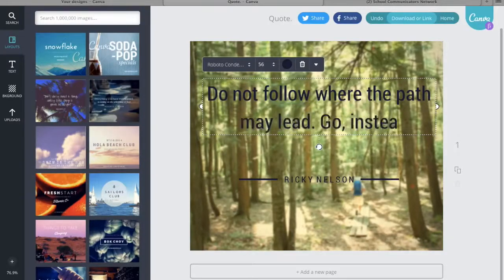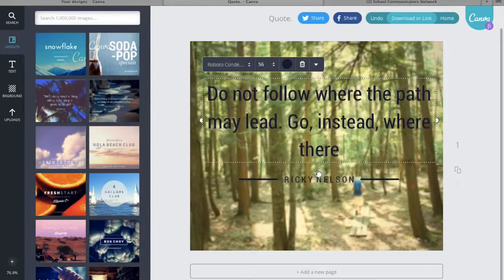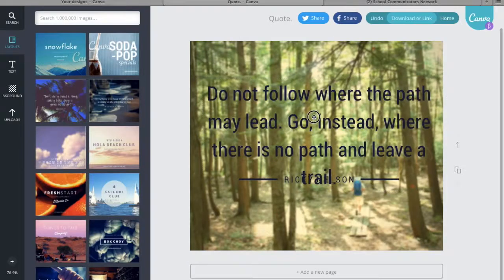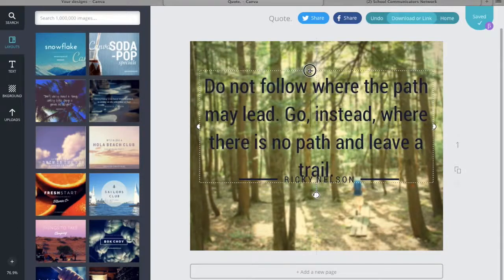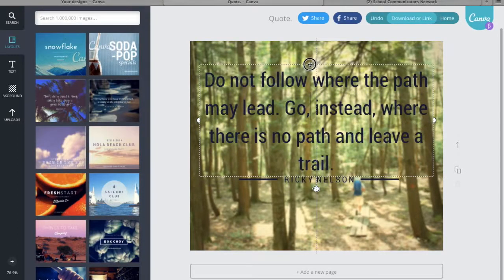Go instead where there is no path, and leave a trail. All right. So as I move that, it's not quite working. I can just move it up a little bit. So let me get the four arrows. There we go. So I'm going to drag it up and I'm going to center it. That looks good